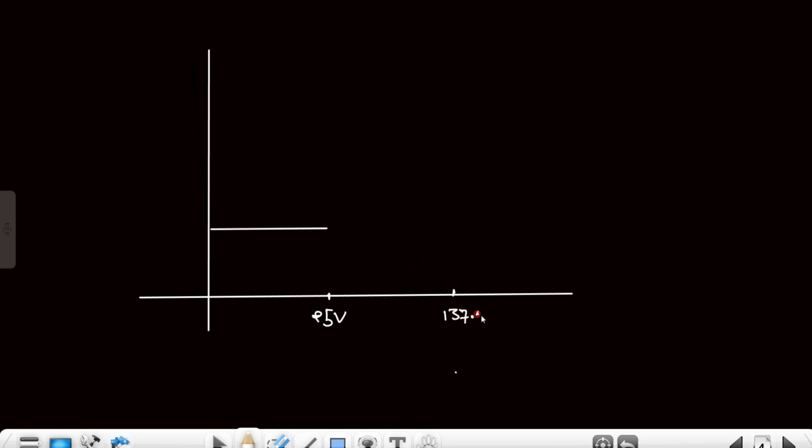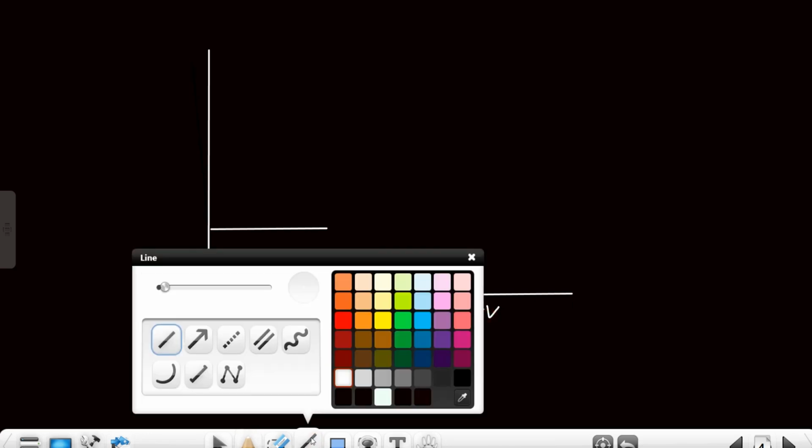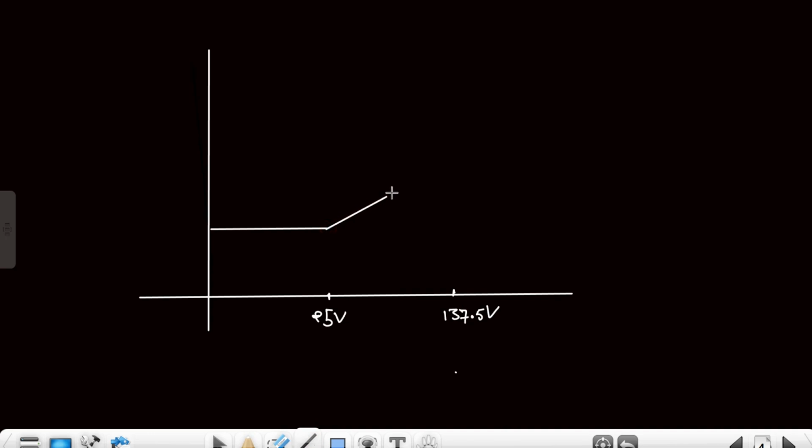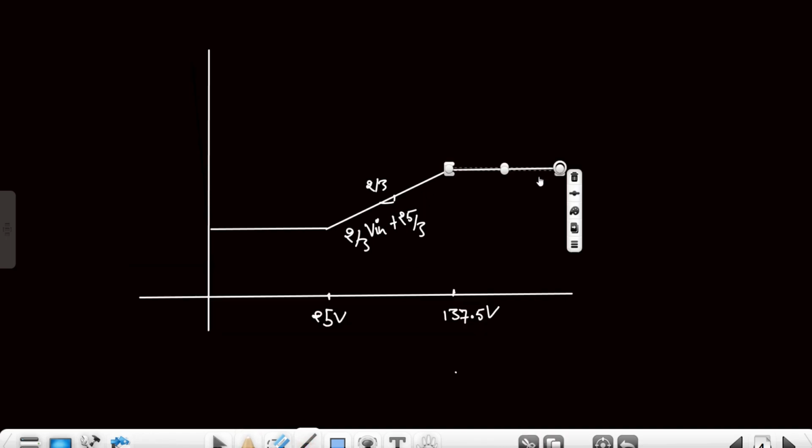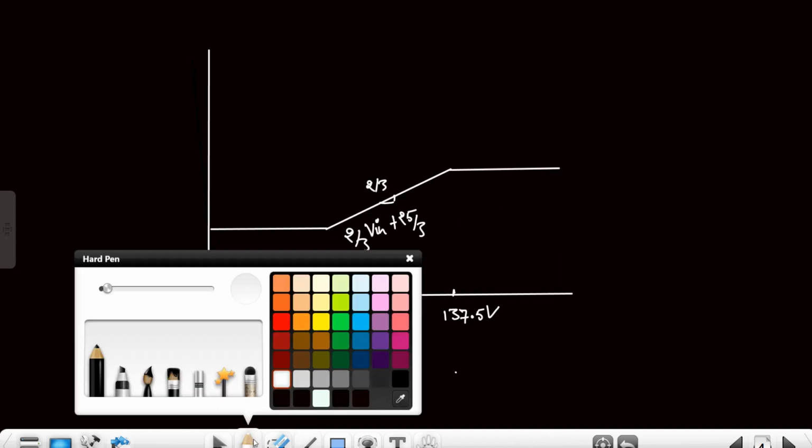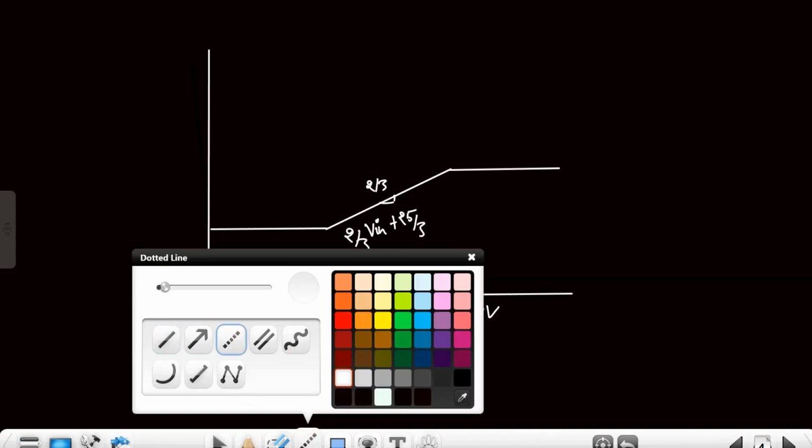137.5 volts, it is following a straight line equation. In fact, its slope is 2/3, so from here we can see this is the slope. The equation is 2/3 V_in plus 25/3. Again, after 137.5 volts, it will saturate to the value of 100 volts, which we have calculated. So here the supply will be